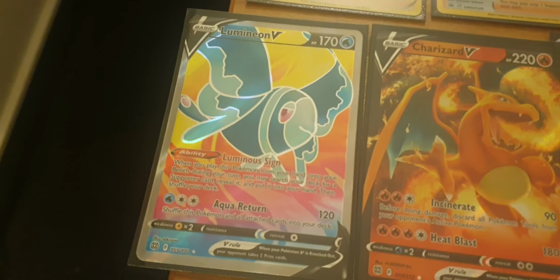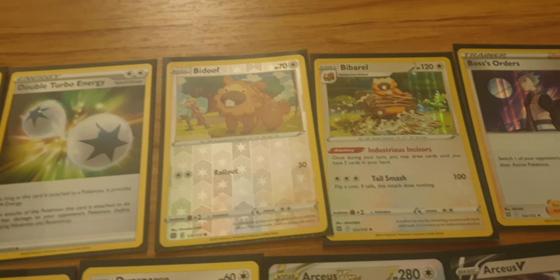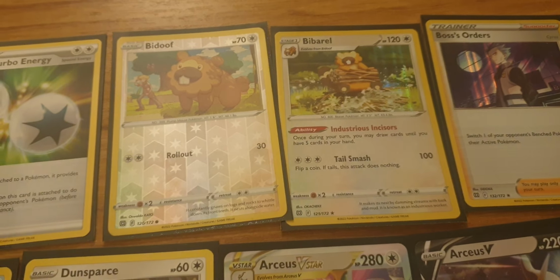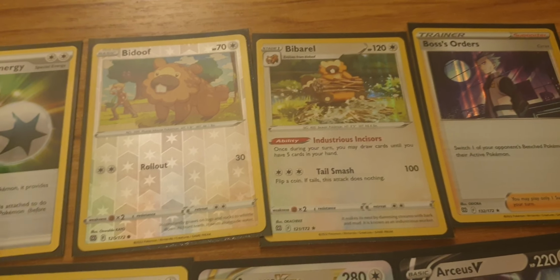And then you've got the Luminion V here, searching your deck for a supporter once it's on the field. And then you've got the Bidoof and Barbarrel. The Barbarrel is seeing a crap load of play in so many decks these days. As well, it's going to go on this one, so it did, and we played a 2/2 line of that